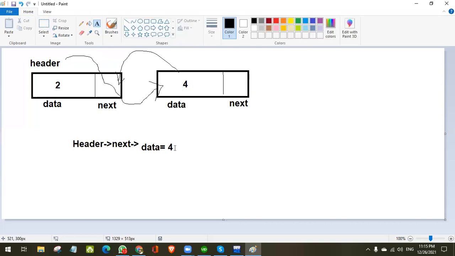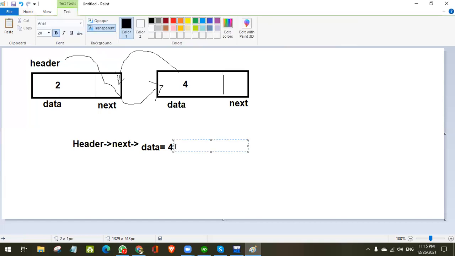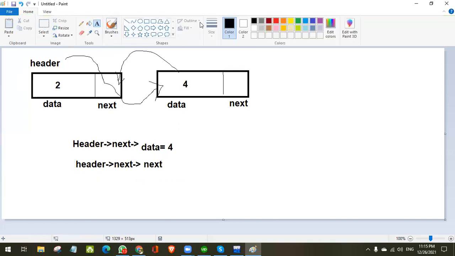Now we go here again. We are going into the next statement, which is header, and then next, and then its next. So where are we now? We are now here. Look at here. This is header, this is next, and this is the next here. Okay, we are here now. Then next, the third one.